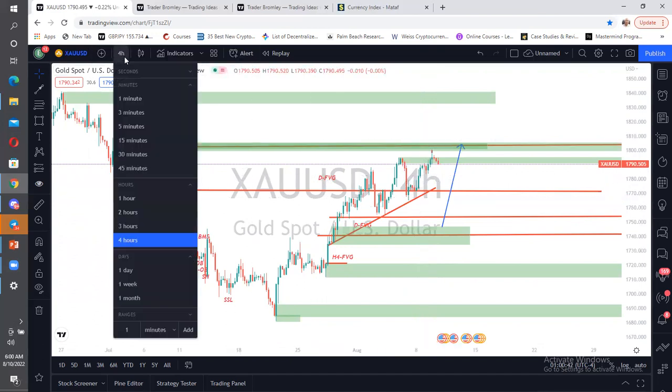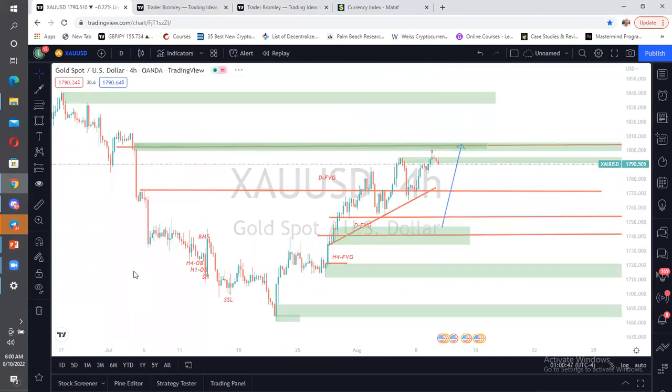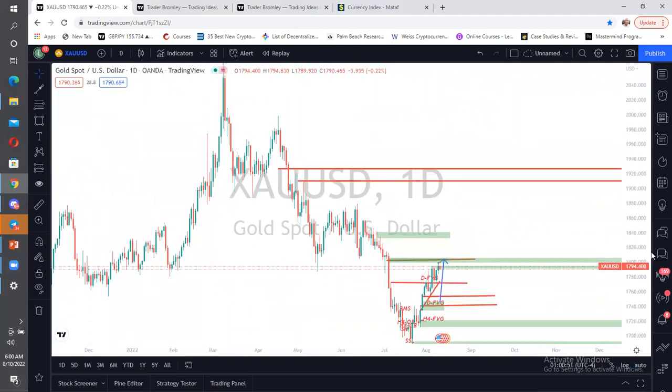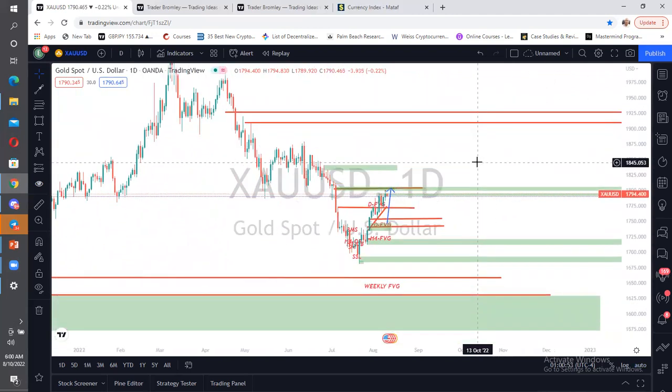Okay, we are going straight to daily. Gold has been performing so amazing, and we had this particular move yesterday on gold. We had this move on gold yesterday, and